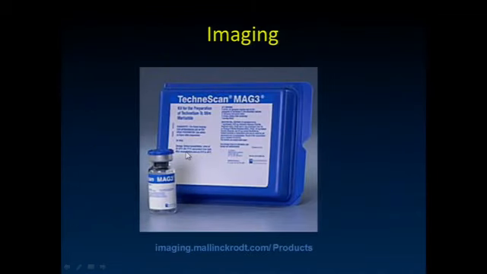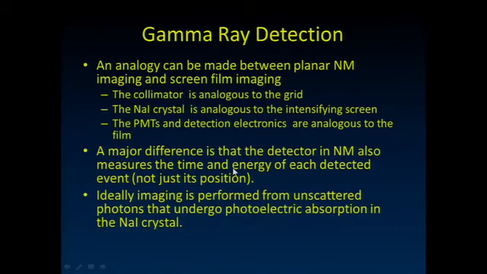So for instance, here's MAG3, one of the renal scan agents, right? Basically you just pop the top off this vial and inject the appropriate amount of pertechnetate into it. So we've talked a little bit now about how radioactive decay occurs, and what some of the ideal things that we'd like to see in terms of imaging agents are, but now how are we going to stop that